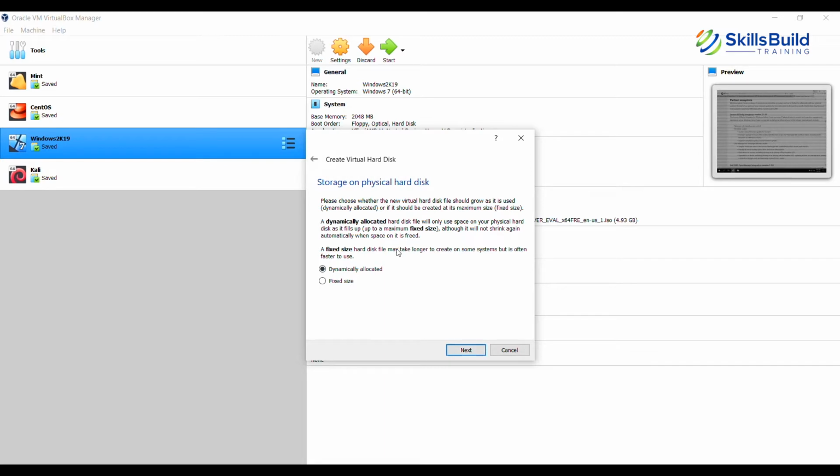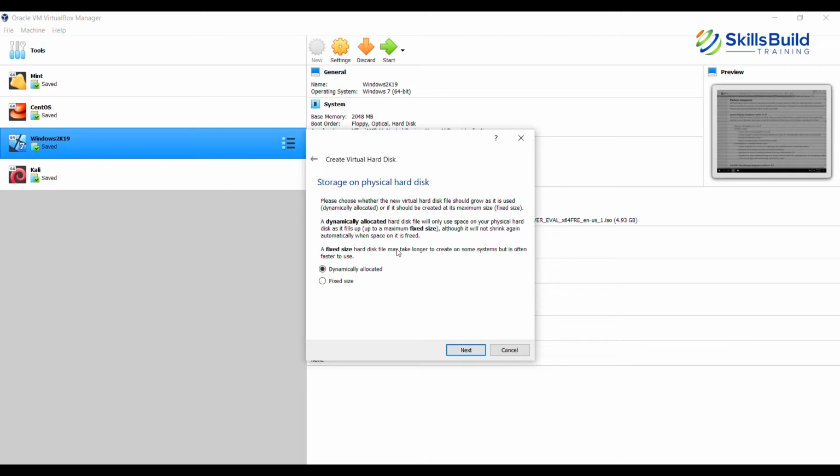Now, when you are installing a virtual machine, there are two options you get. Either you fix the disk size right at the start. So for instance, if you've allocated 20 gigabytes of disk space, it will use all that disk space in one go at the start. So it will create a disk which is 20 gigabytes in size.